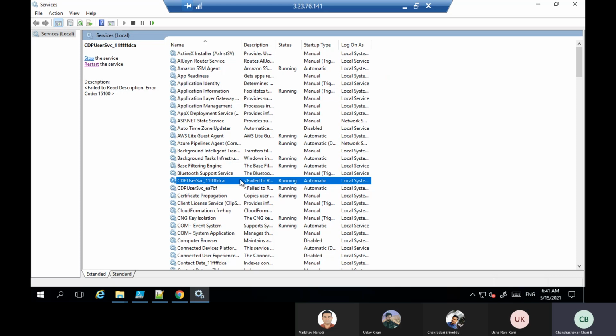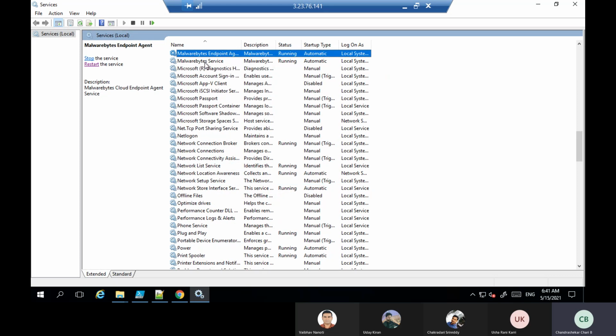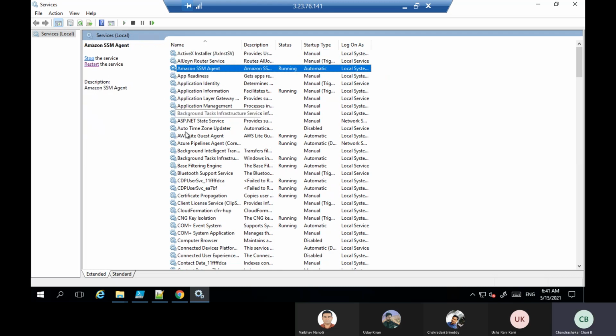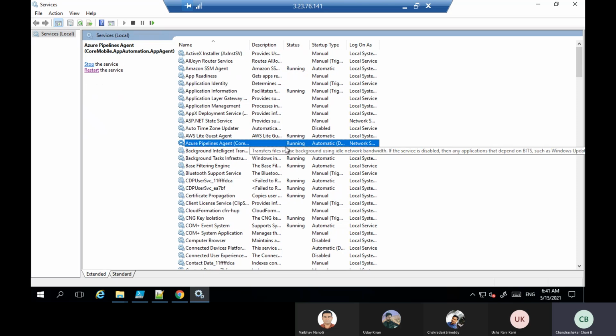So you can see MS build agent, Azure agent, I think so. Azure pipelines agent, you can see here. So one agent will be copied, like how we are doing for malware batch, it will run as an agent. Like that it will create, and all the operations will be performed using this agent.